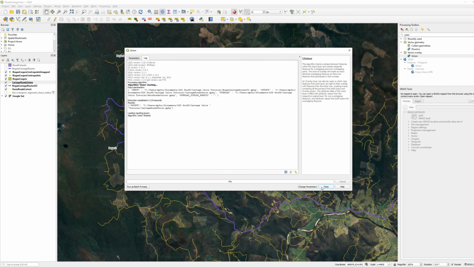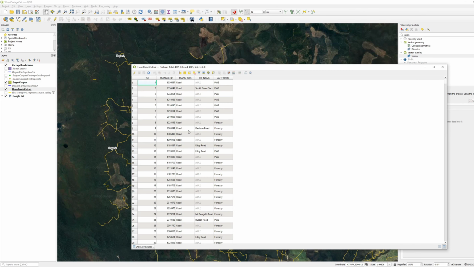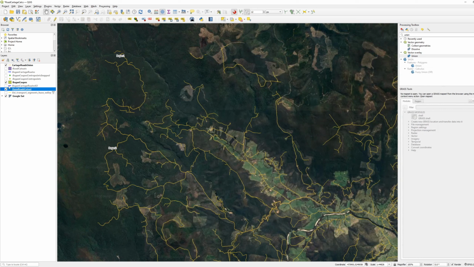That might take a long time if you've got a lot of cartage routes, but luckily we've only got 2 in this particular situation. Great. And before I go any further, one of the important things about this particular Huon roads layer is the fact that we have in here our Transeg ID, which is the ID of the particular road. And that's what we're going to be doing a dissolve on in a second. So before we do that,